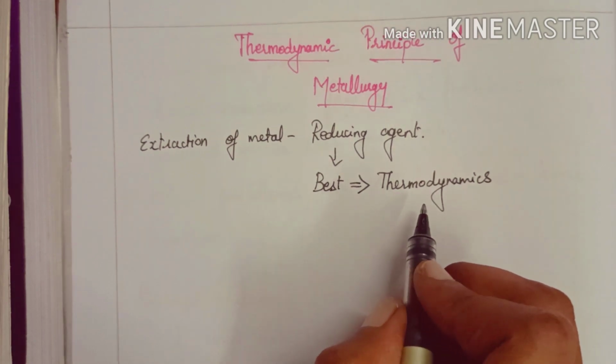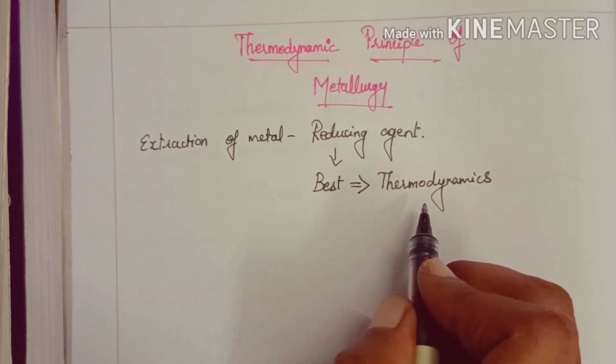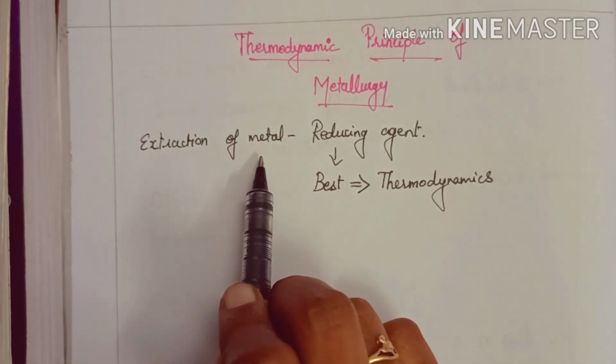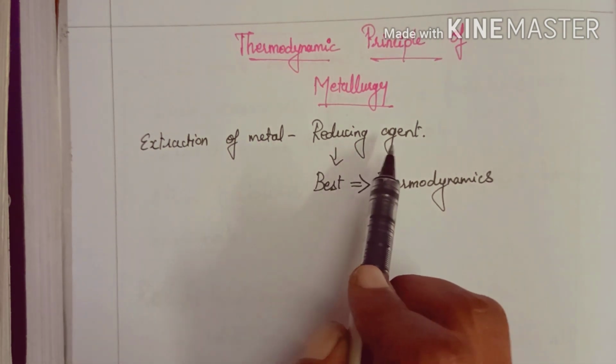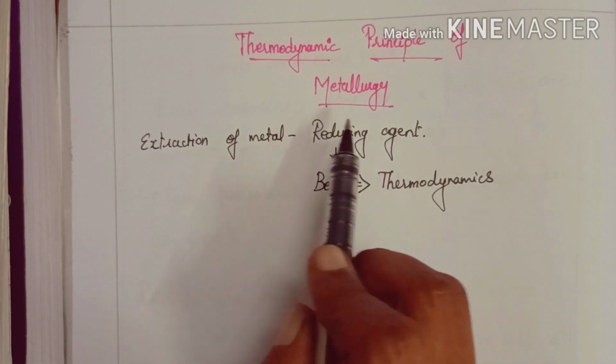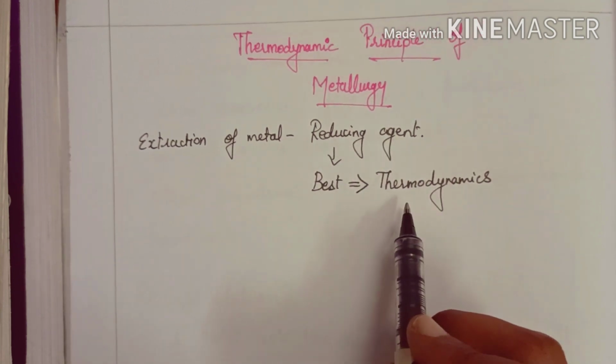Hence, thermodynamics plays an important role in metallurgy. So extraction of a metal needs a reducing agent, and the best reducing agent can be obtained by